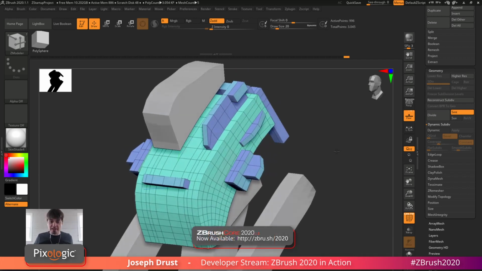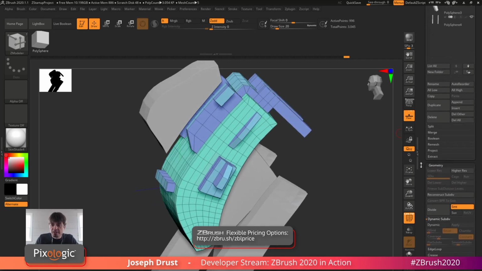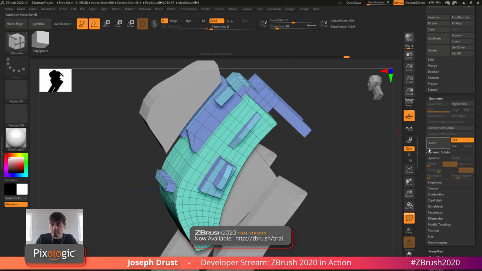So here I have the model, and I've just been using ZBrush to extrude some different portions out of it. With it, I now have this very harsh form, and so what I want to do is come through and soften these up a little bit. To do this, I'm going to use Dynamic. So I'm going to go to the Tool Palettes, go to the Geometry area,